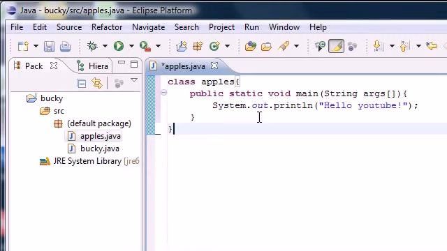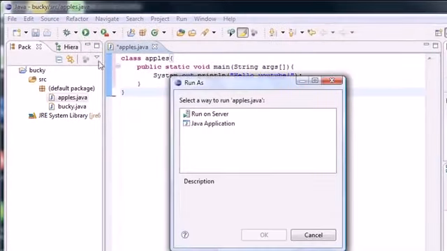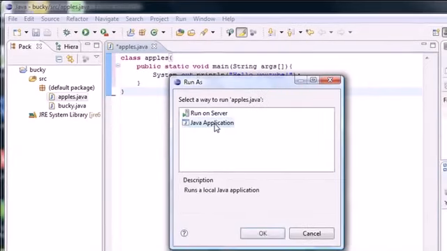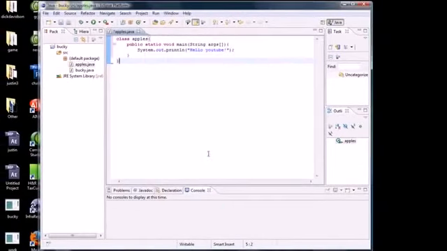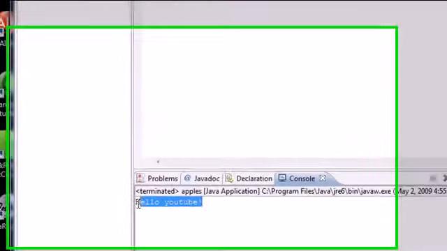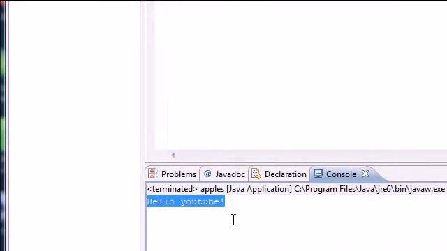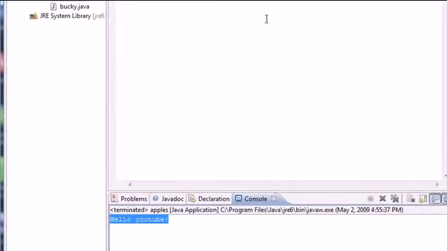How to run programs in Eclipse. What you do is press this little circle with a triangle in it, and that says Run. If you go ahead and press that, your program just runs as a Java application. Go ahead and click OK, OK, and down here it just runs your program. So that saves you a ton of time from saving it, finding the path, going in the command line. This is about 8,000 times easier than using a command line. So again,